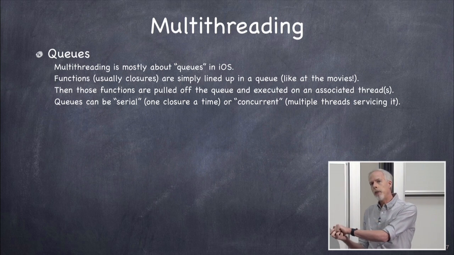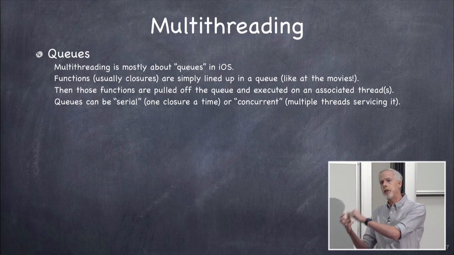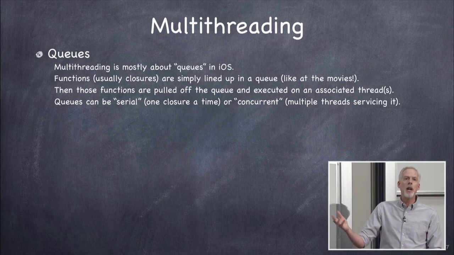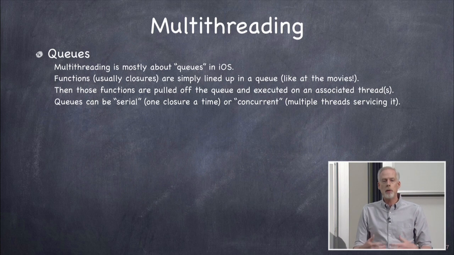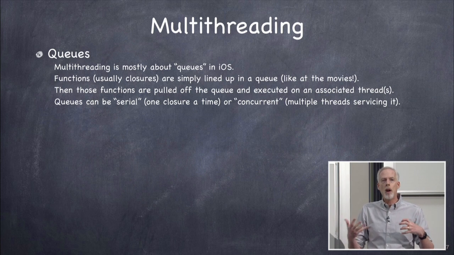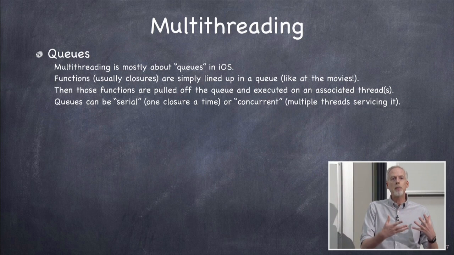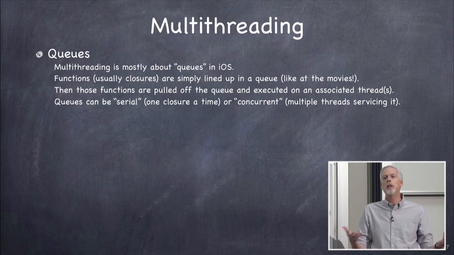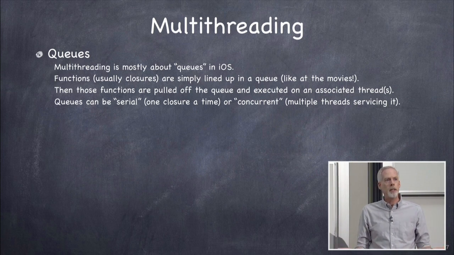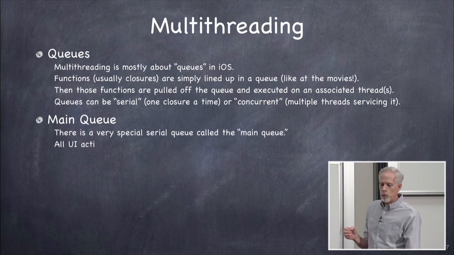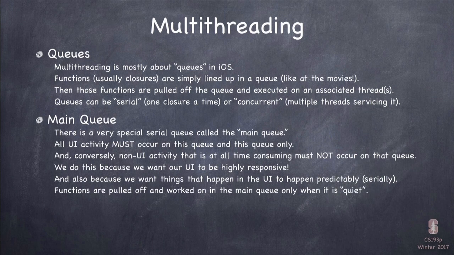We don't really care how the system assigns threads to these lines, these queues. All we care about is the queues. And when we want to express to the system where we want things to run, where the UI runs or in a background process or whatever, we specify by what queue we put code on. Does that make sense? All right, so let's talk about the queues that we can have. One important queue, of course, is the main queue.